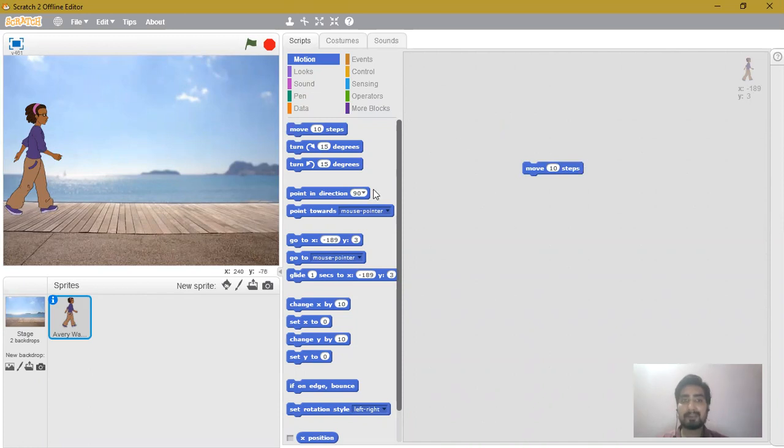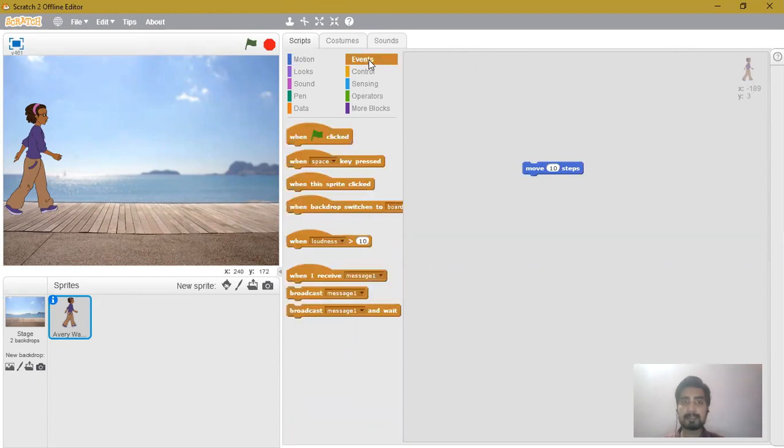So we have dragged it here. Now we have to select when this sprite should start moving. For that we need to come to events. In the events category we'll get blocks for the starting of the sprite. For example, let's select when flag is clicked. So here is the flag button. When you click on that, the sprite will start moving. I want it like that only. So I will select this, drag it and keep it at the top here. It is adjusted. Now let's click on the flag and see whether it is moving or not.